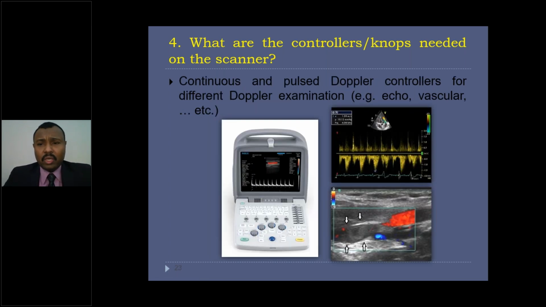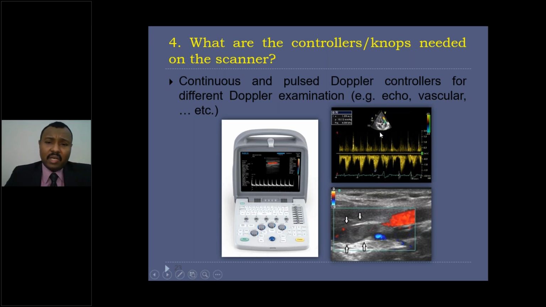Much more we can talk about the fifth controller or knob that should be available on our ultrasound machine, and this is a knob for applying what is known as continuous and pulse Doppler ultrasonography, especially in echo. You know that in echo we should deal with continuous Doppler ultrasound examination, but if we would like to examine the vascular system, use pulse Doppler ultrasound. And here you can see there is a color box revealing that there is a blood flow inside this blood vessel, and we can get the signature of this blood vessel by applying what is known as